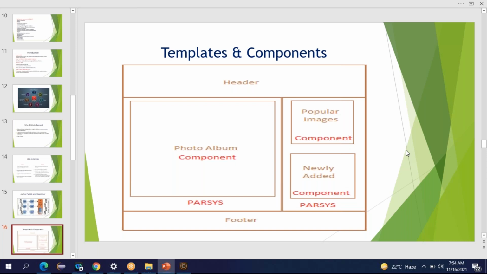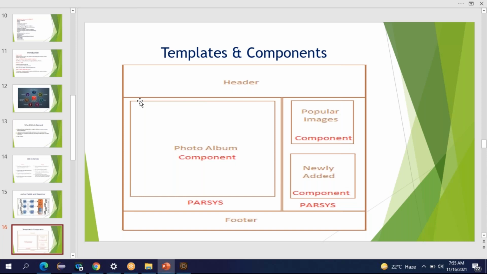So what are components? Components are reusable functional blocks. For example, a logo can be a component. Banners can be components. So they are reusable. You can reuse the logo component in one page as well as in 100 pages. The banner component can be reused, right? And it should have some functionality. What is the functionality of the logo? If you click on that, it will take you to the home page of your website, right?